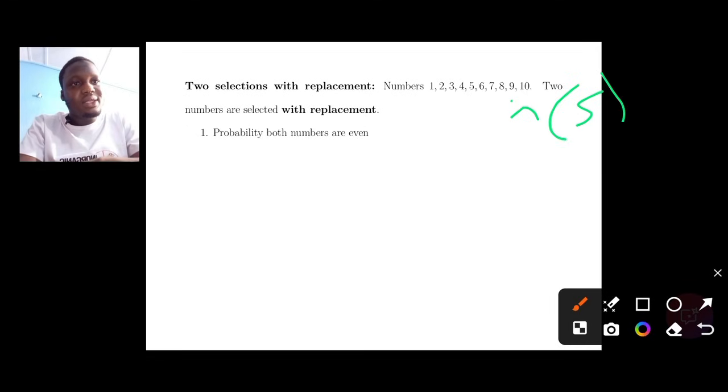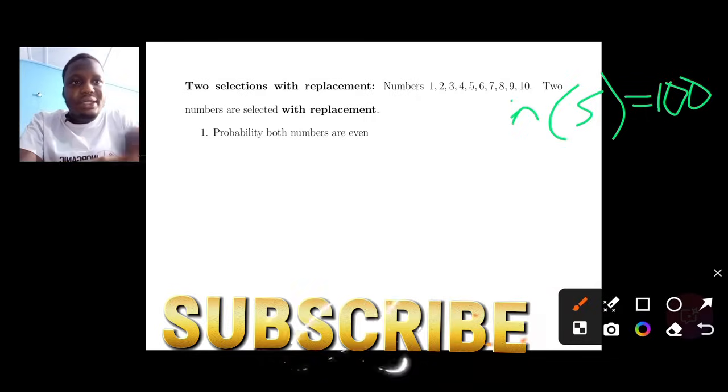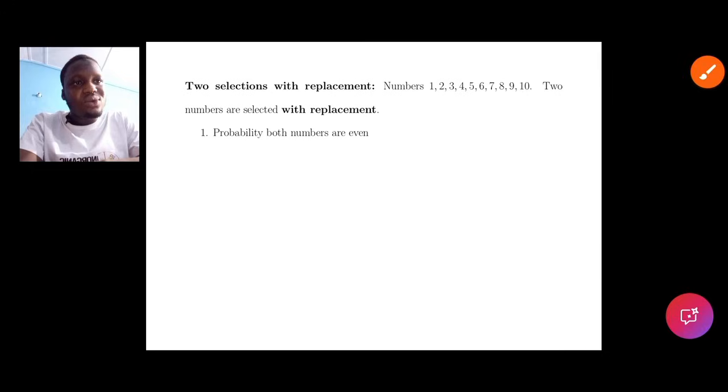Number of sample space equals 100. Good. Now, we want the probability that both numbers are even. Because the sample space is very huge, 100, if we are to list the events one after the other, the outcomes where the two of them are even, we might spend some time, because we will have 2, 2, 2, 4, 2, 6, a lot of numbers. So one smart way to do it,